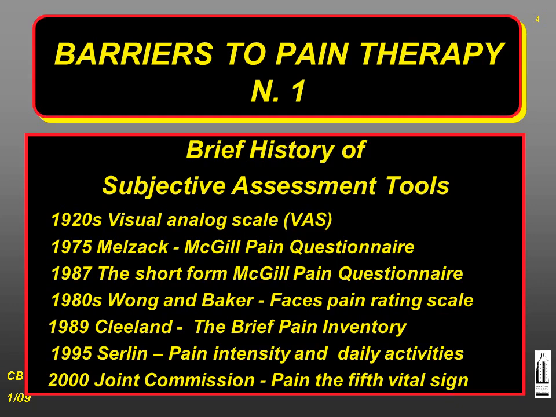The reason for this is that in the year 2000, as pain assessment and treatment continued to be greatly overlooked, the Joint Commission proposed that pain be made the fifth vital sign. Because of this proposal, to the four objective vital signs, in other words, temperature, heart rate, blood pressure, and respiratory rate, the subjective pain report was added. They suggested to use the numeric rating scale 0 to 10 to report the intensity of pain.